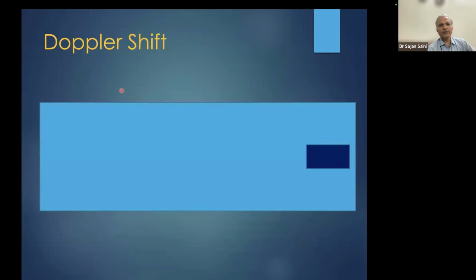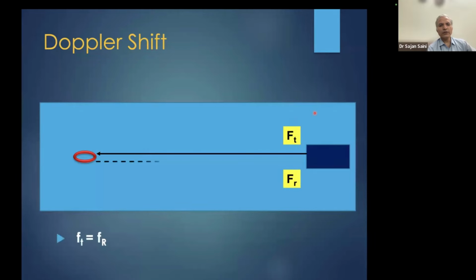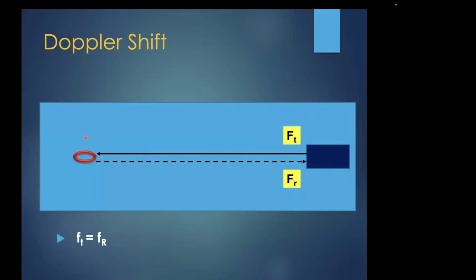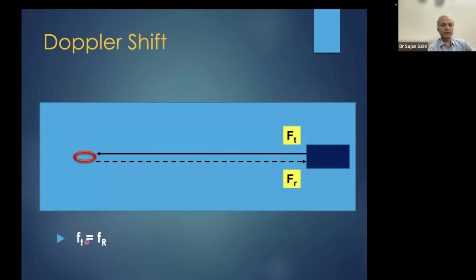So what is the Doppler effect? We understand it with the help of a schematic diagram. Suppose this is the ultrasound transducer, and this is the object of interest. In this object, I have depicted one RBC. The machine is going to throw an ultrasound beam which has a certain frequency, depicted as the transmitted frequency, or FT. This beam hits the object and comes back with a certain frequency, the FR, the return frequency. So if the object is stationary, now the frequency